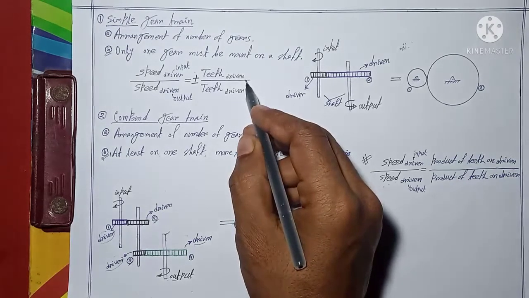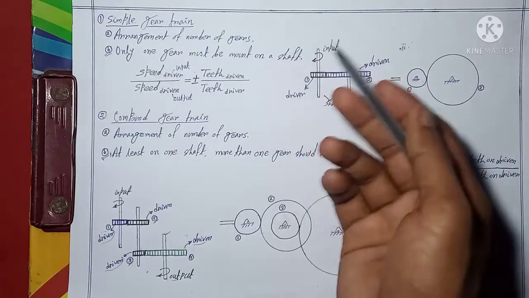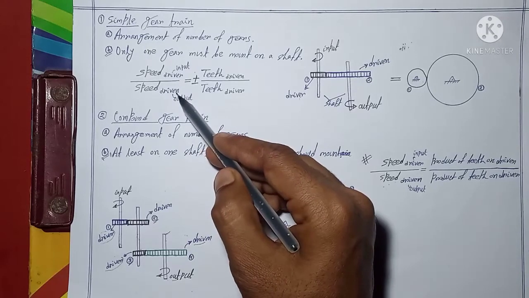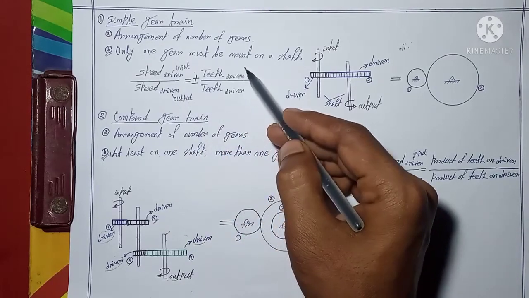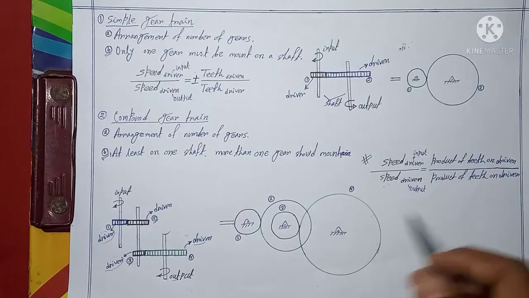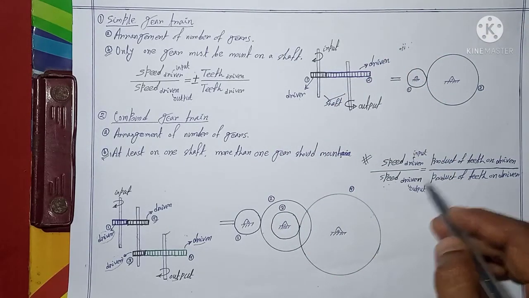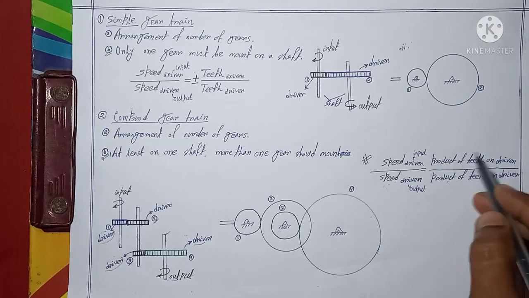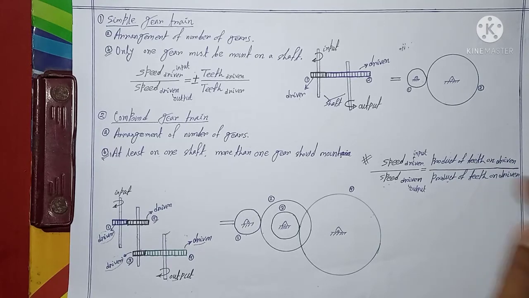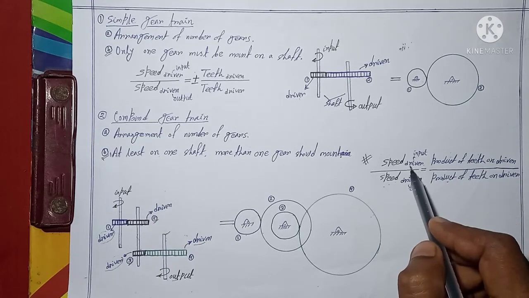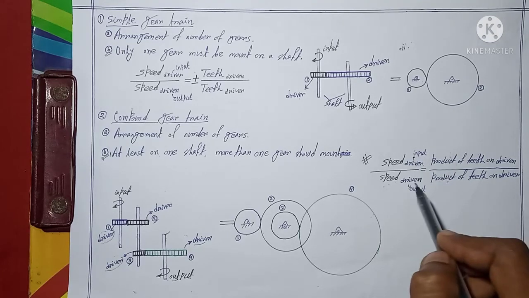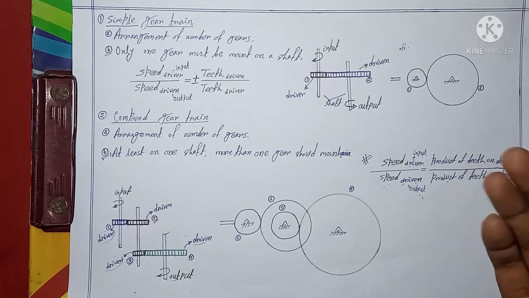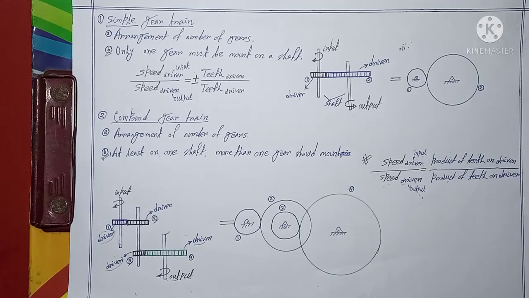Here it is only a single teeth value; whatever the number of teeth will be, 10, 20, 30, you just take the opposite. Here you just have to write the number of teeth on the driven in the numerator. Similarly here you change driven to here and driver to here, but here not only the value of teeth, you have to take the product of teeth values. Similarly, you can replace driver with input and driven with output, or first and last. You can remember it however you want.